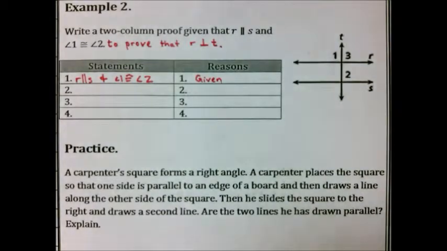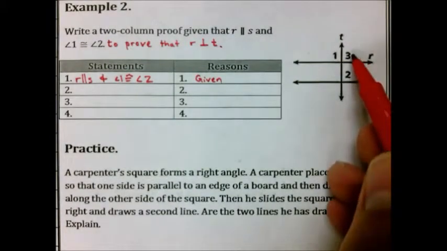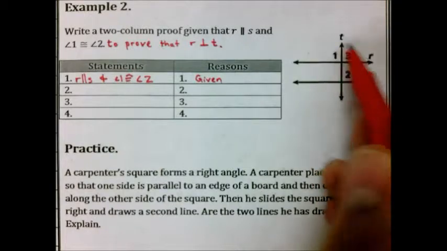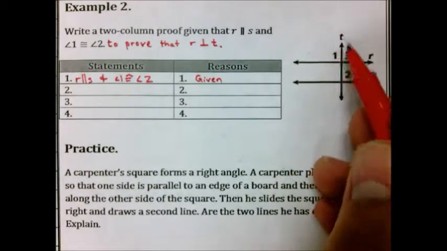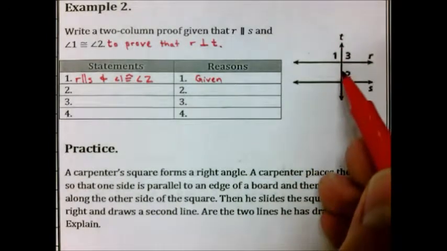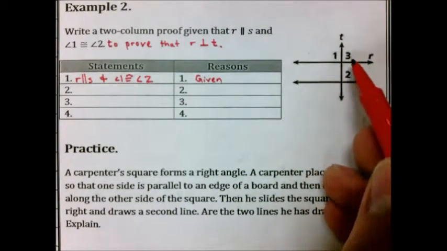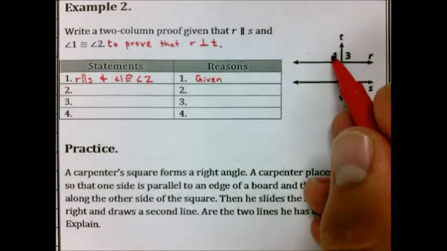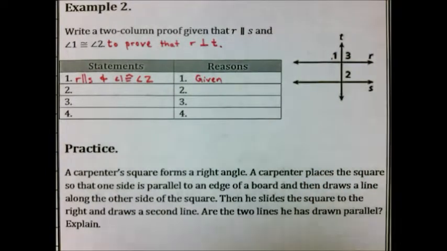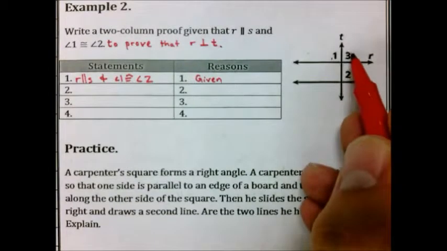Now we have to kind of connect things. In order to make lines R and T perpendicular, 1 and 3 have to be congruent, right? So we have to connect what the relationship is between 1 and 3, given the information that we have been given. And so right off the bat, we can also say the relationship between 2 and 3